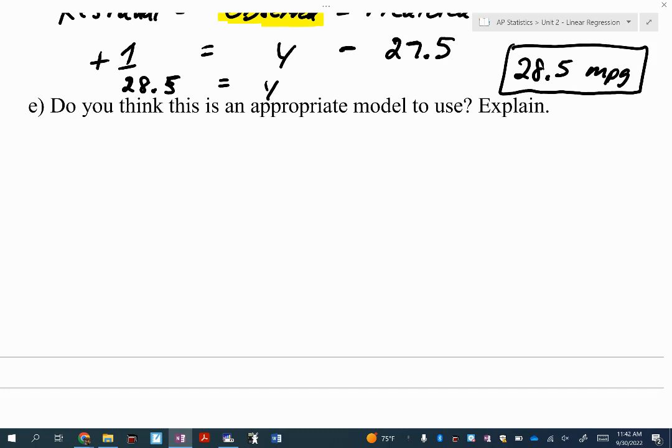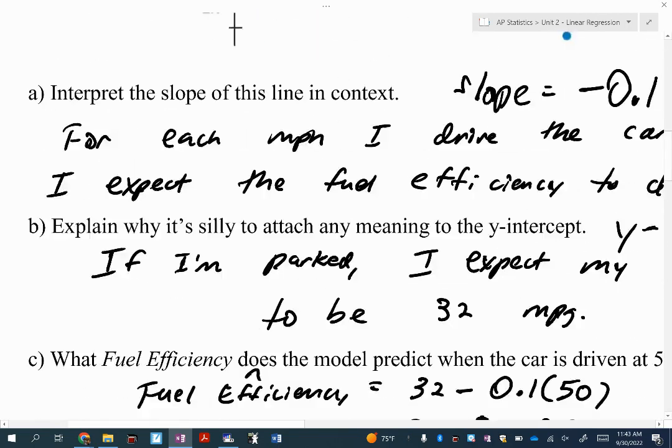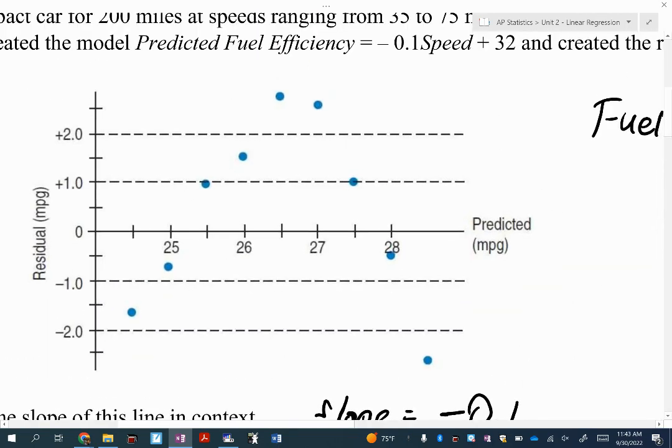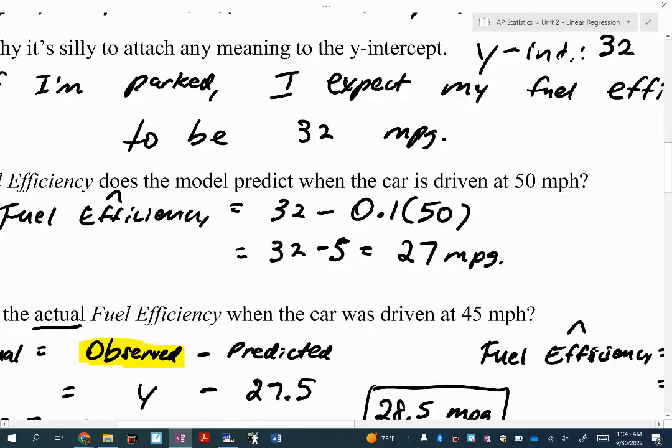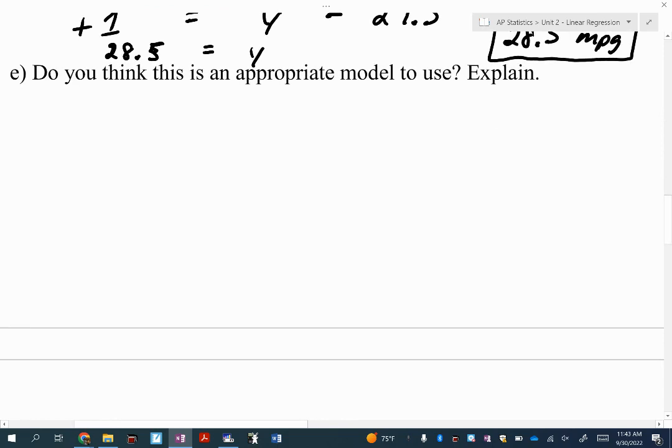So is it appropriate to use this model? No. Why not? That's a pattern. There is a clear curve pattern in the residuals plot. So make sure you give the correct explanation, which is no. Sure, if you would like to, that's fine. I'm just going to say no, because there is a pattern